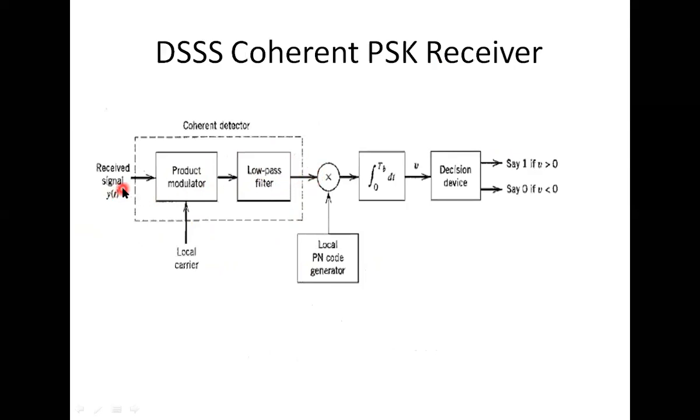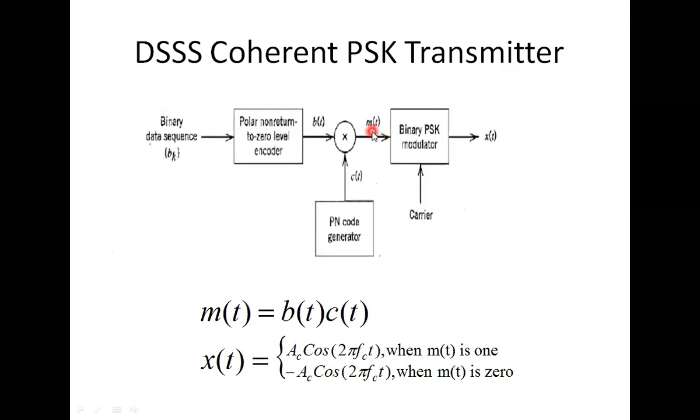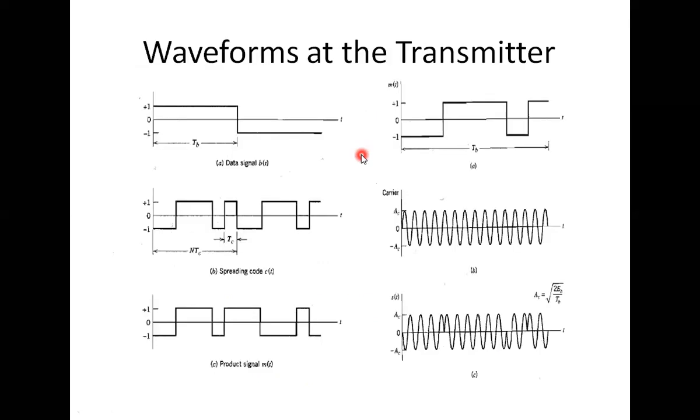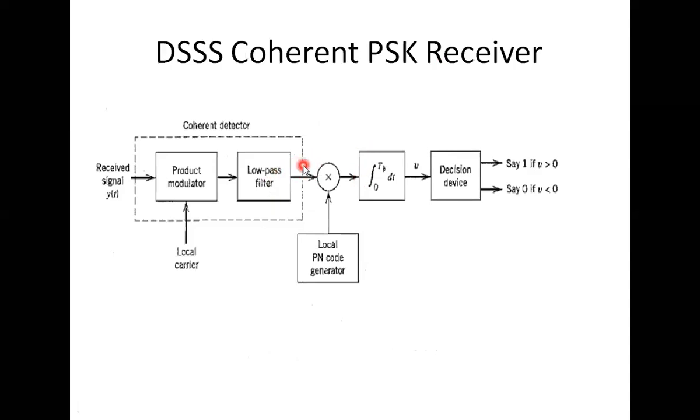If this is exactly x of t, what that means is the signal which is transmitted has to be m of t, right? So here we have just started reversing. Now we are at this step, m of t. So this is m of t. Next step, m of t will be multiplied with a locally generated PN sequence, and the output is